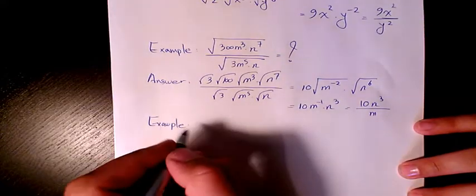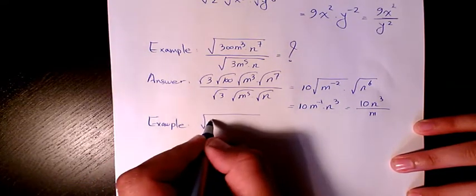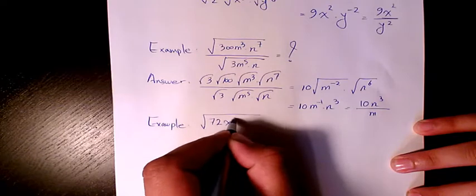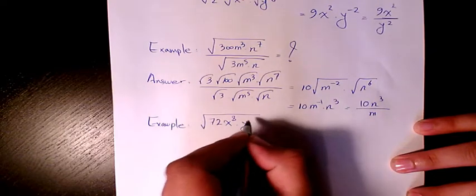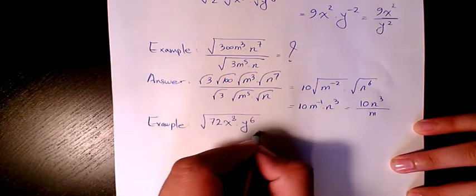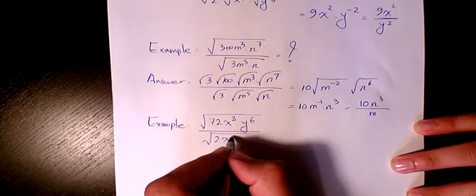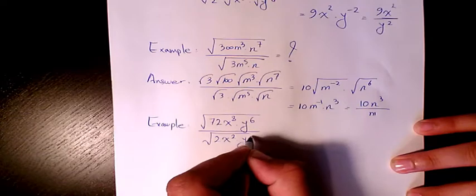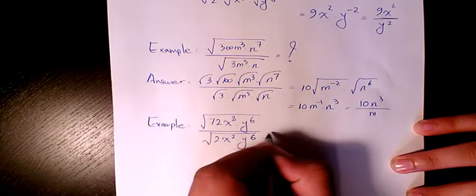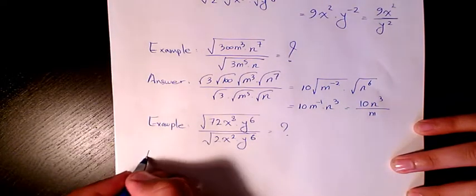It's going to be square root of 72 x to the power of 8 times y to the power of 6 divided by square root of 2 x to the power of 2 y to the power of 6. The answer is